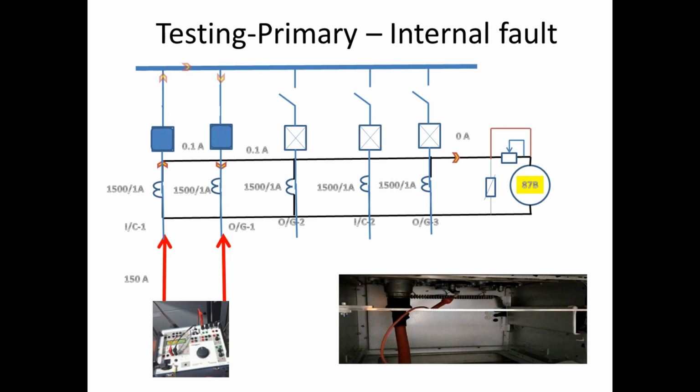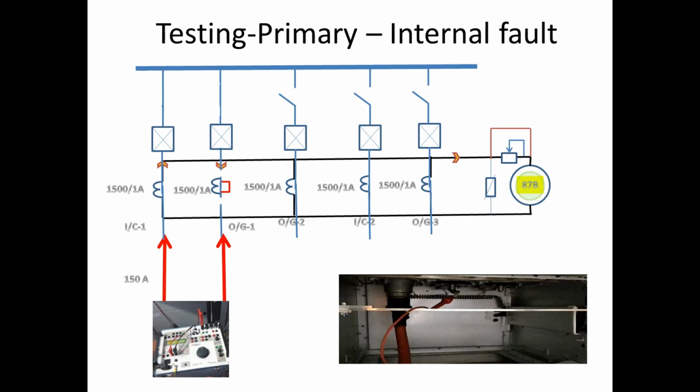Now I am going to inject 150 amps. Correspondingly, the CT secondary produces 0.1 amps on each panel. If I bypass the CT, then the bypassed CT current will not come into the picture, and also the parallel line has to be removed to avoid a closed path for the other CT. Now the differential relay shows 0.1 amps.